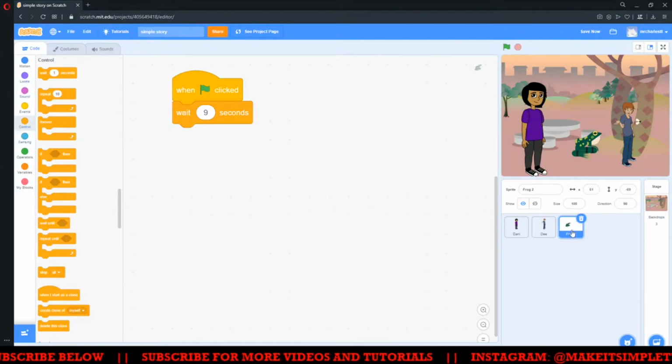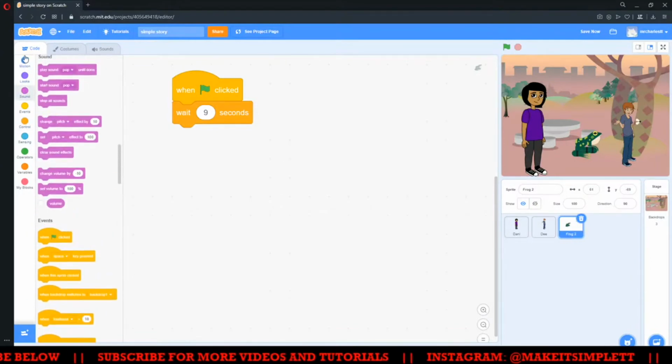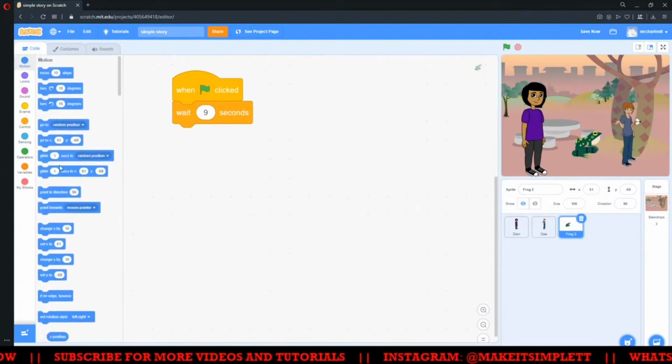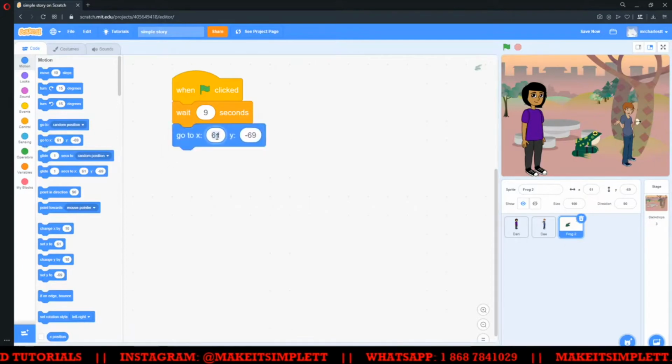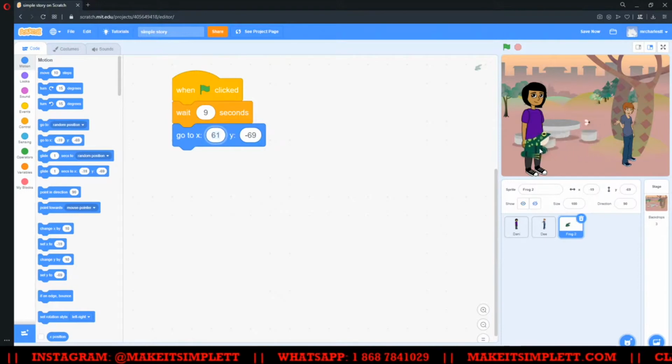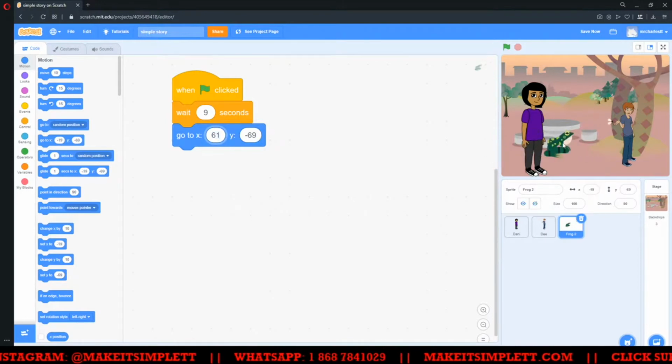So I'm making sure that the frog is selected, and I'm going to go to motion, and I'm going to say set frog to go to. After 9 seconds, I'll set the frog to go to a particular position, right? The particular position I want the frog to go to will be out of the frame. So out of the frame is actually going to be,